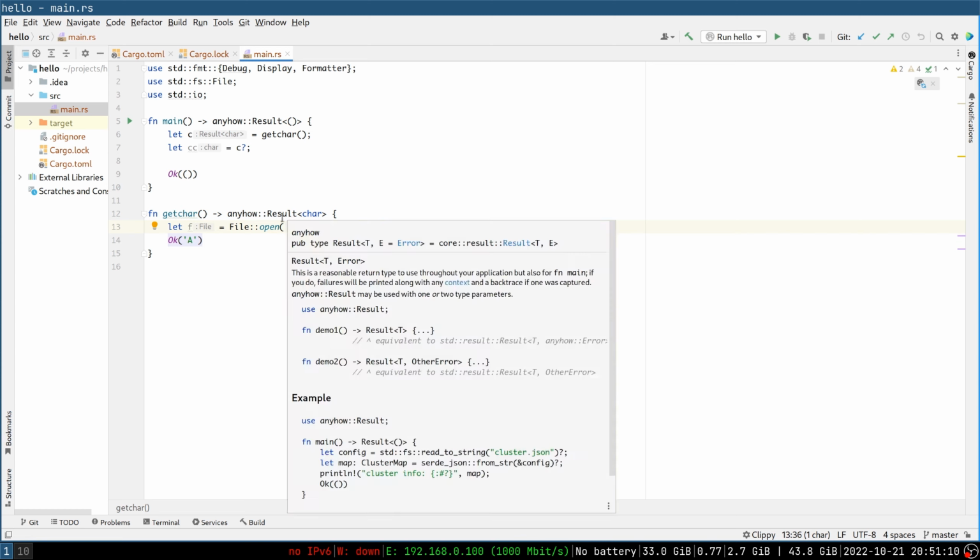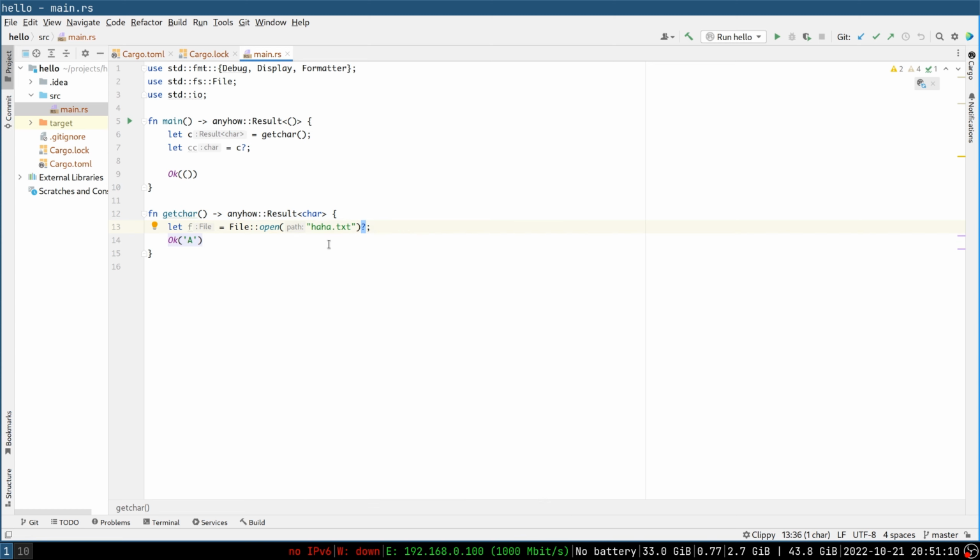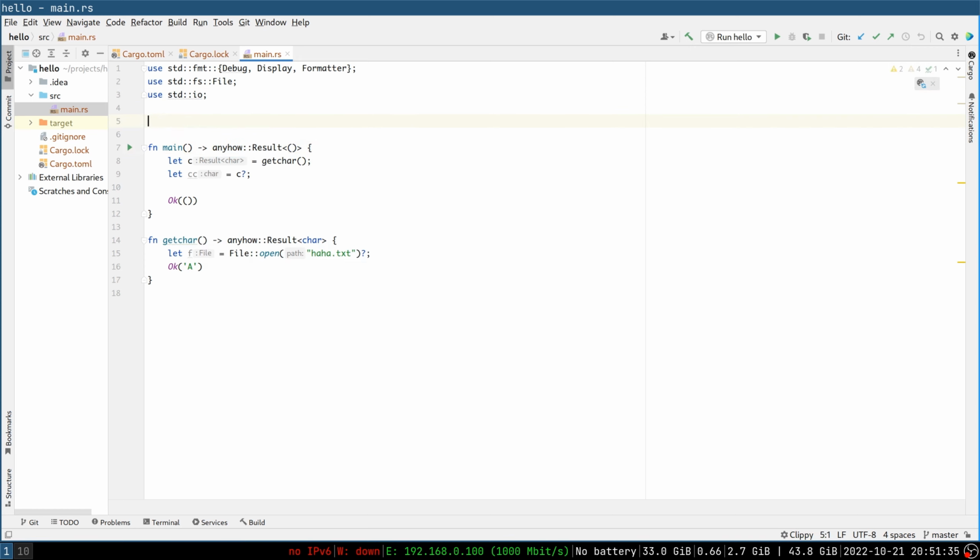This allows you to not care too much about what kind of error you're propagating, because this anyhow result can basically wrap all the errors coming from the standard library or from dependent libraries,